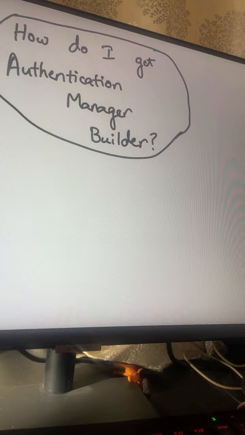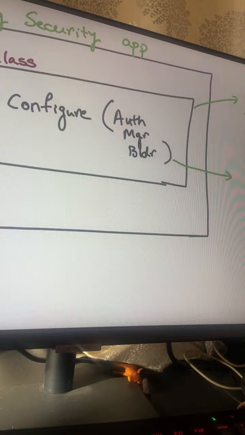The way to do this is by leveraging a hook that's already available in the Spring Security app. There is a class that's sitting there which has a method called configure, and it takes in as an argument the Authentication Manager Builder. The Spring Security framework calls that configure method and passes in the Authentication Manager Builder. The reason that class is there is so that it gives developers an opportunity to extend the class, override that configure method, and do the configuration that you want. If you don't extend this class and override the method, the default configuration happens. However, if you were to just